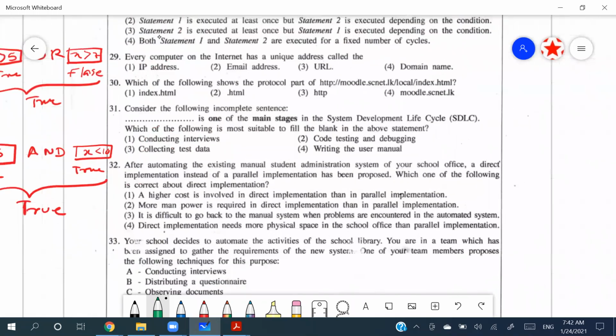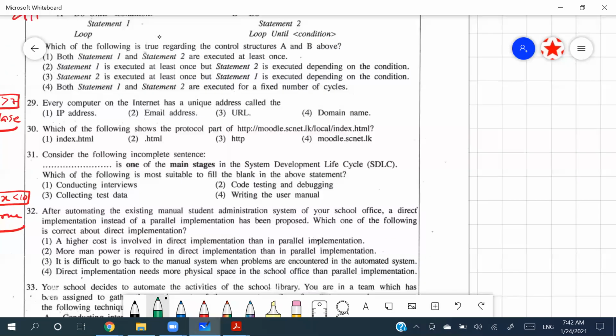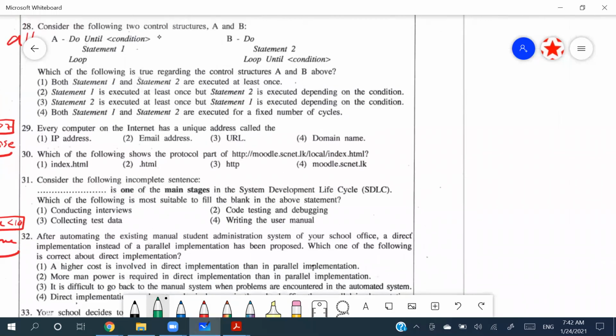Yeah, here it says, consider the following incomplete sentence. Blank is one of the main stages in the system development life cycle. Which of the following is most suitable to fill the blank in the above statement? So if we take SDLC, what will be there? The very first one is requirement analysis, not analysis, identification. Requirement identification,